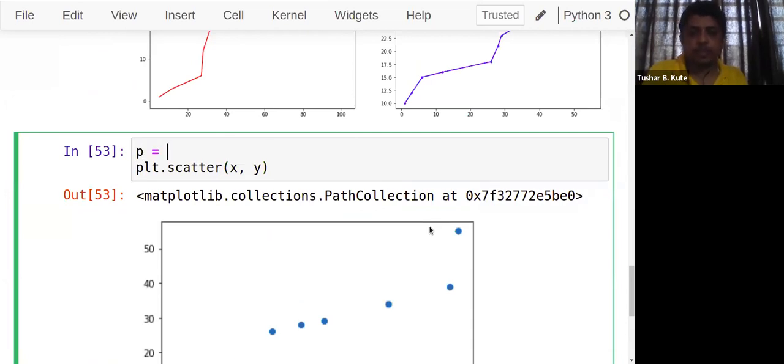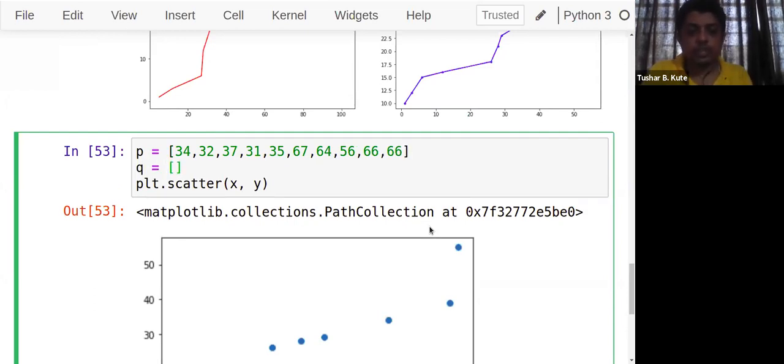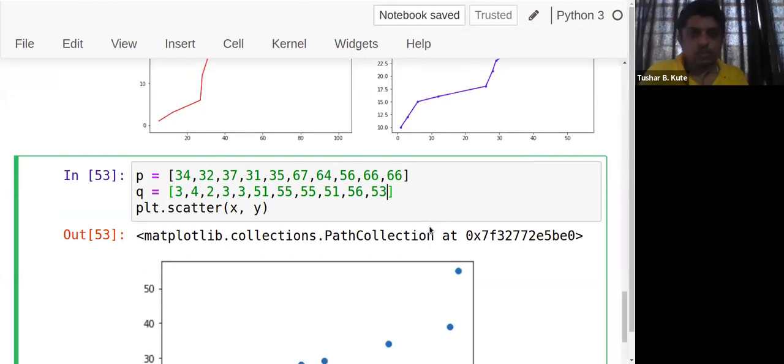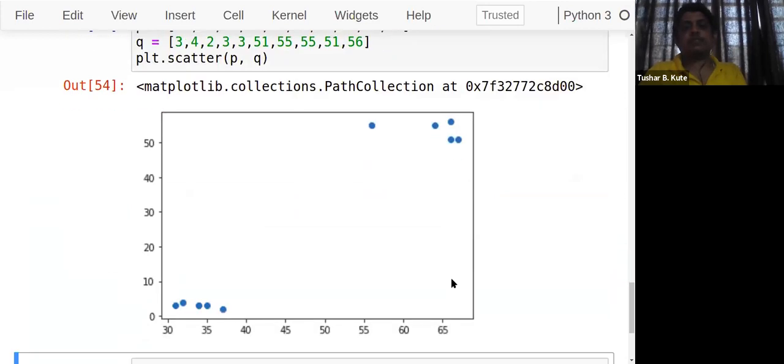For example, I'm having first p, it's something like this. 10 are there, and in q we have certain set of elements. p q. Now see, you can find a pattern there.